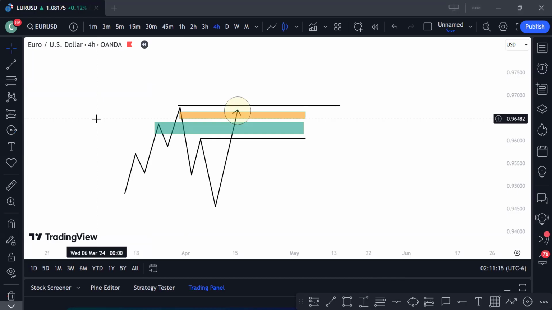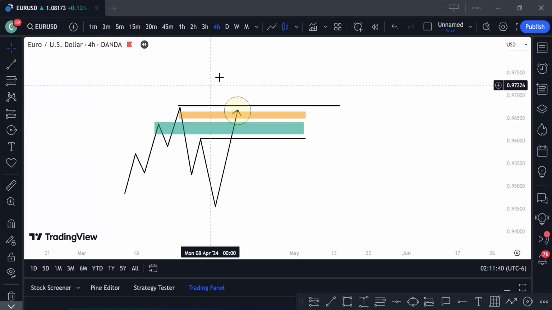And what are the confirmations? I sent the types of confirmation entries. We have the shooting star pattern. It's always a 3 candlestick formation. The shooting star, the evening star, the morning star, the bullish engulfing candles, bearish engulfing candles, pin bars, harami pattern, tweezer top, tweezer bottom. You need to master all of these things.